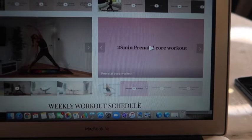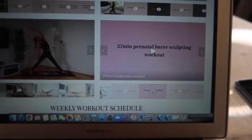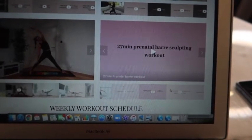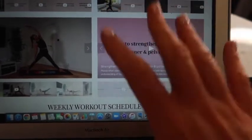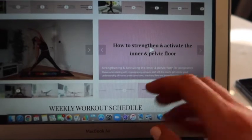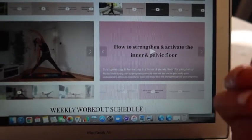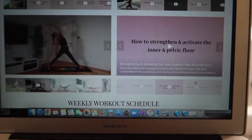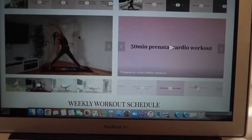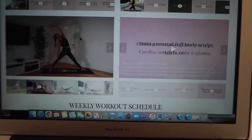I've got a core workout, and then I have one new one that's a bar sculpting one that's safe for pregnancy. And then I've got a video all about how to activate your pelvic floor and inner core correctly during exercise, and to really help prevent any pain or posture issues during and after pregnancy. And then there's a cardio, glutes,